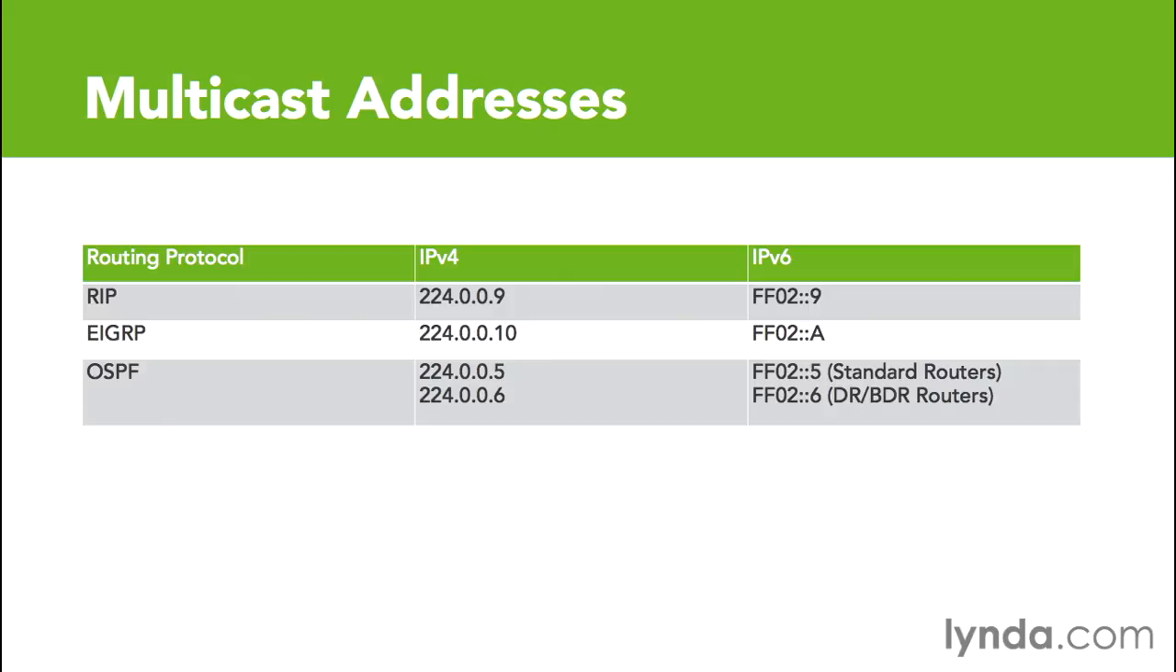Now, OSPF is a little bit different in that it uses two different multicast addresses. The first is 224.0.0.5 for IPv4, and for IPv6 it would be FF02::5. And it says standard routers. What does that mean? Well, once you get to OSPF, you'll see that OSPF runs elections, right? The non-designated routers or the non-backup designated routers, when they pass information along, will pass it along using this